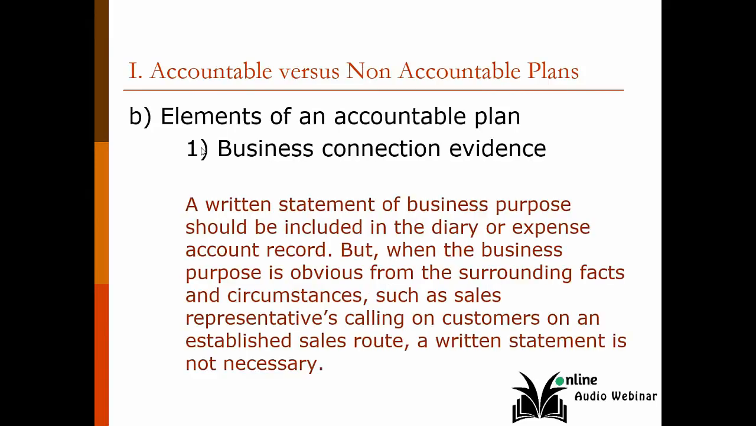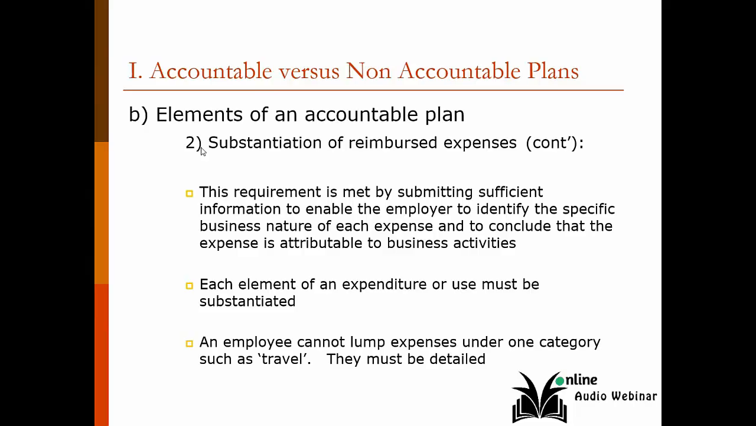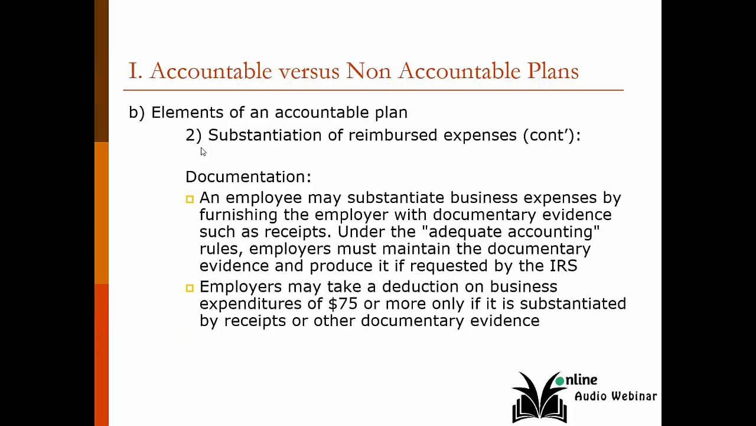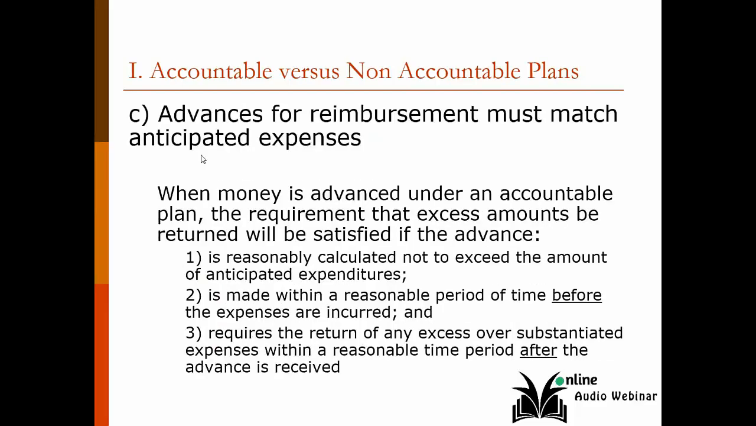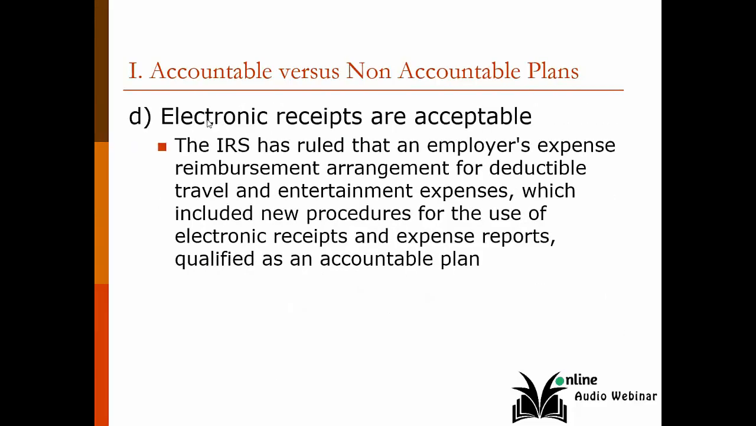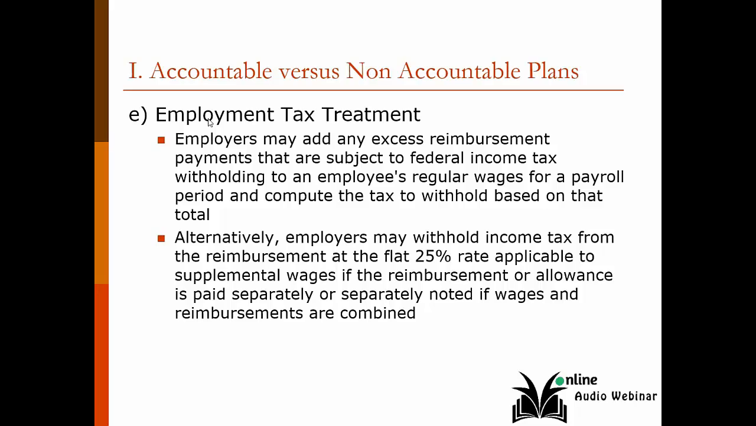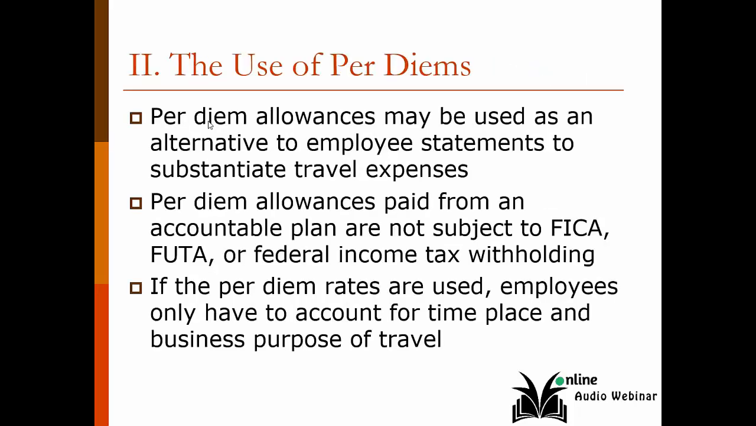All right, so what does business connection evidence mean? Each element of an expenditure or use must be substantiated. That is type. So again, documentary evidence. Receipts are always good. The fixed date method and the periodic method. All right, when you give an advance for travel. All right, so I've already mentioned that as far as receipts go, electronic receipts are fine. They have been for decades. Now, if there are excess reimbursement payments,